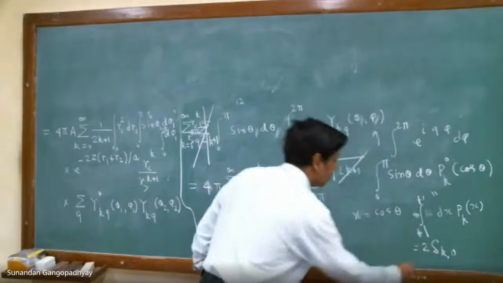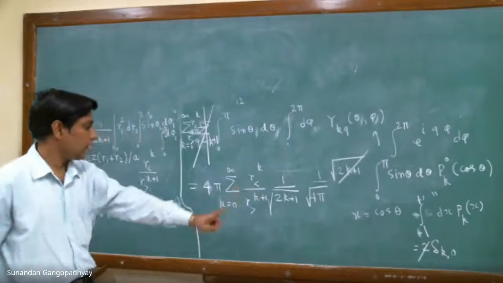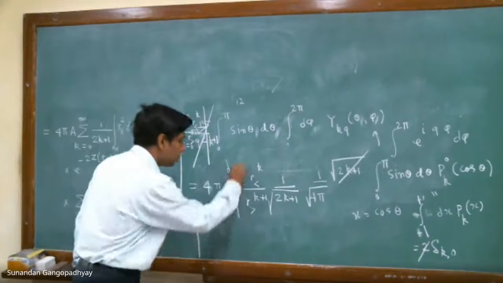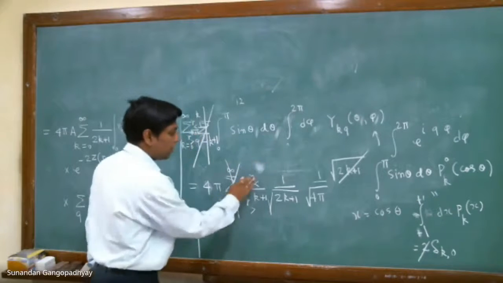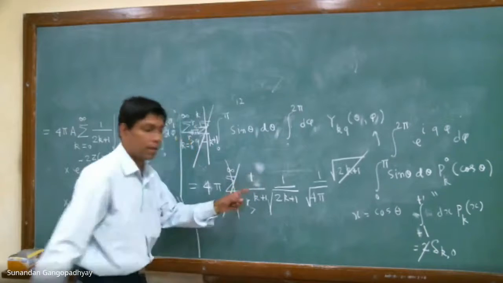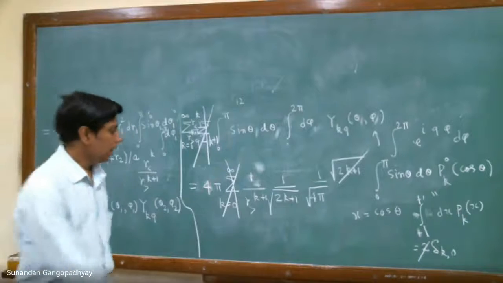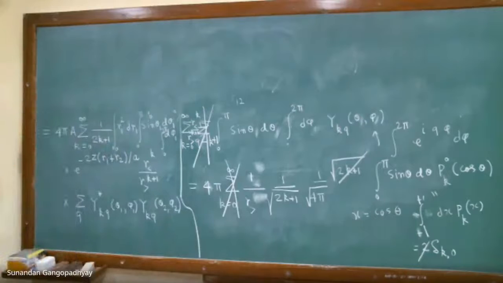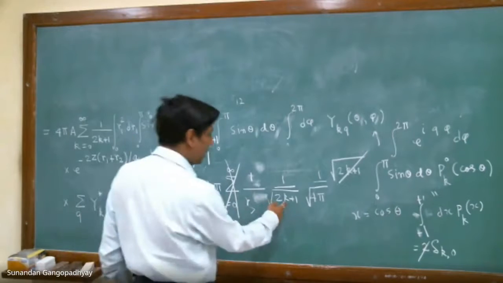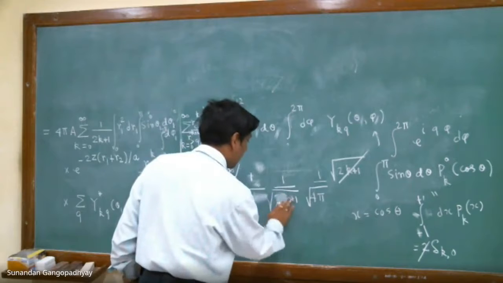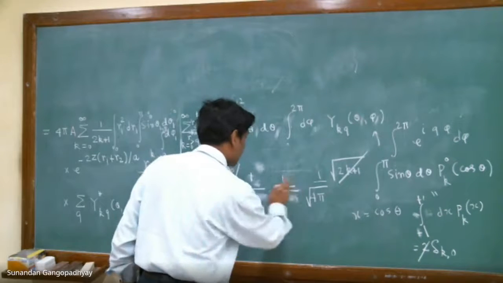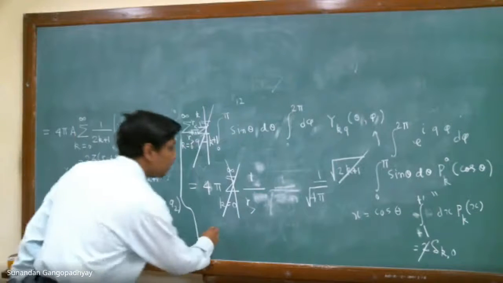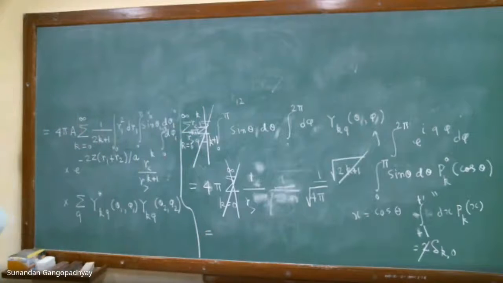So this is now gone. This 2 is gone. And delta k comma 0 will kill this summation. It will only give you the k is equal to 0 value. So you can put k is equal to 0 here. So this will give us 1 because r to the power of 0 is 1. And this is r greater to the power of 1. So this is 1 by r greater. And you put k is equal to 0 here. So this will give us 1. So this is also gone. So everything is gone. So we have carried out the integral correctly, and therefore